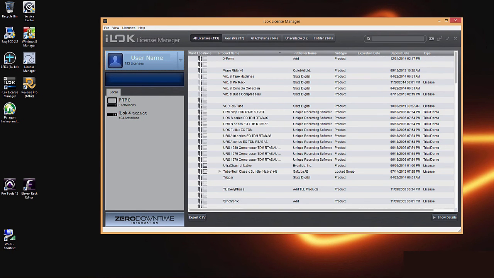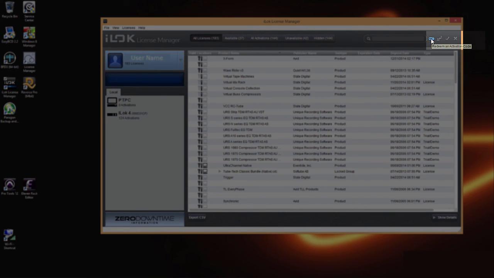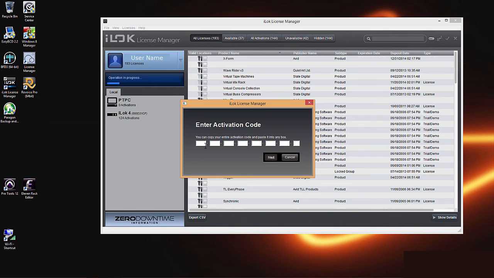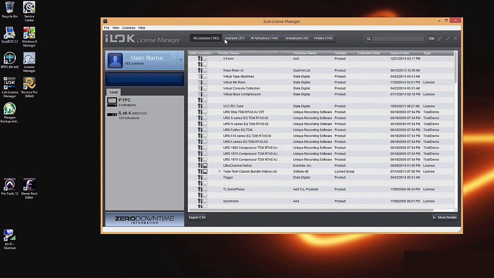Sometimes when purchasing a plugin through a developer, they'll actually just send you a code to redeem through the iLok License Manager. So to use that, you go up here to redeem an activation, click on it, and then you can just copy and paste out of your email the activation code and hit next. After you do that, the license will pop up under your all licenses and your available section in the iLok License Manager. And then you would just go through the activation process we went through earlier to transfer it onto your